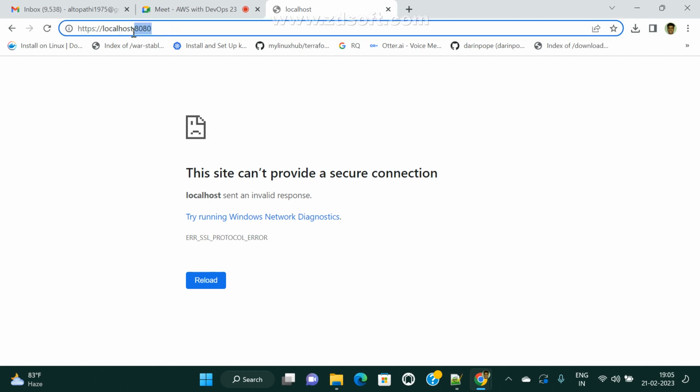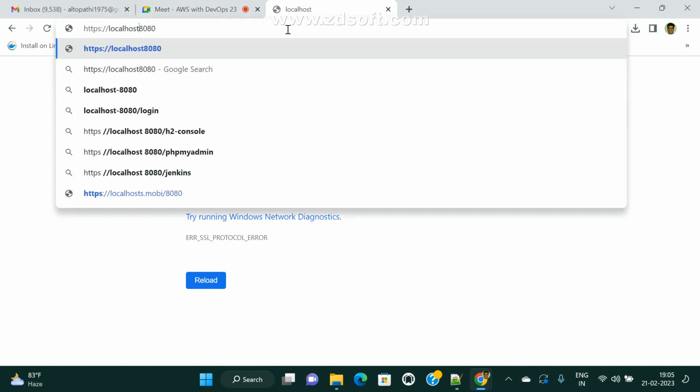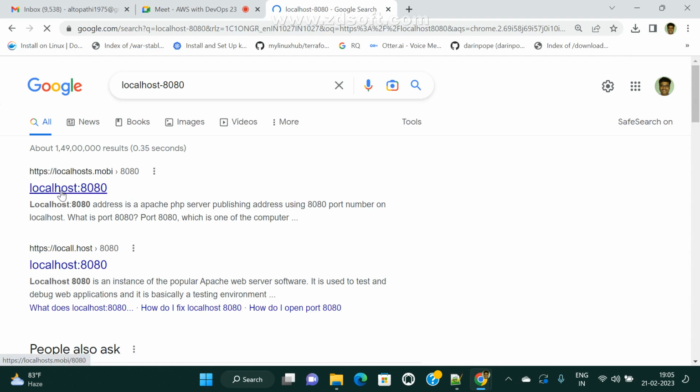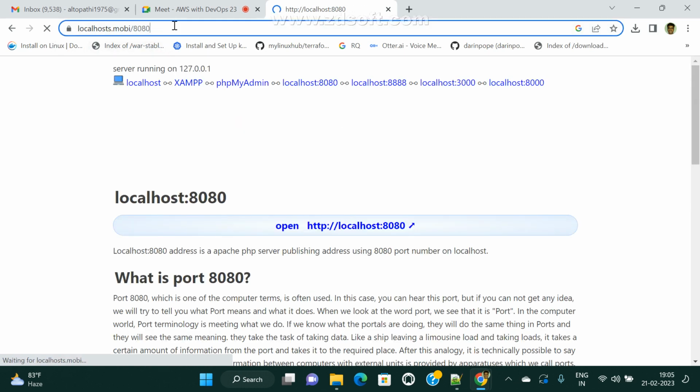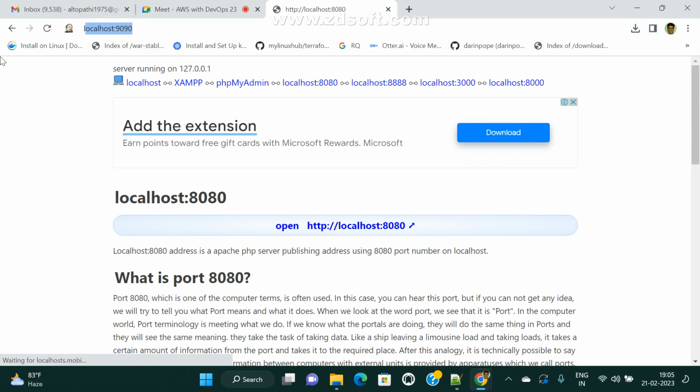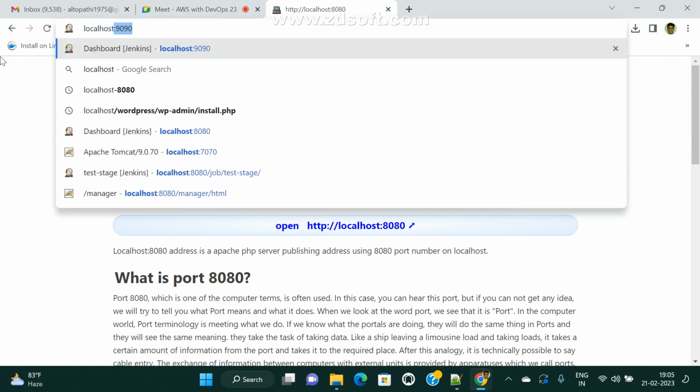Which port number are you going to? Same only, right? Localhost, same only, sir. And is the colon missing or not? Anything? Localhost. Mm, this is not it, localhost colon